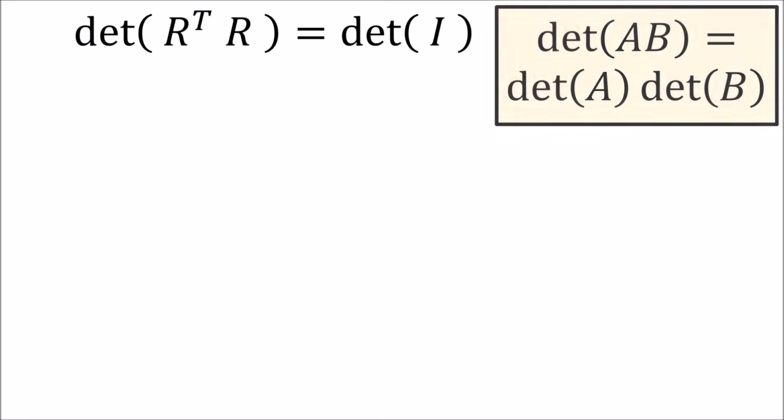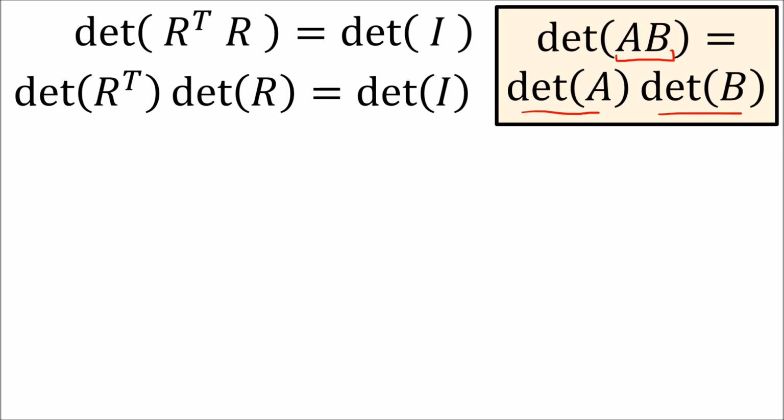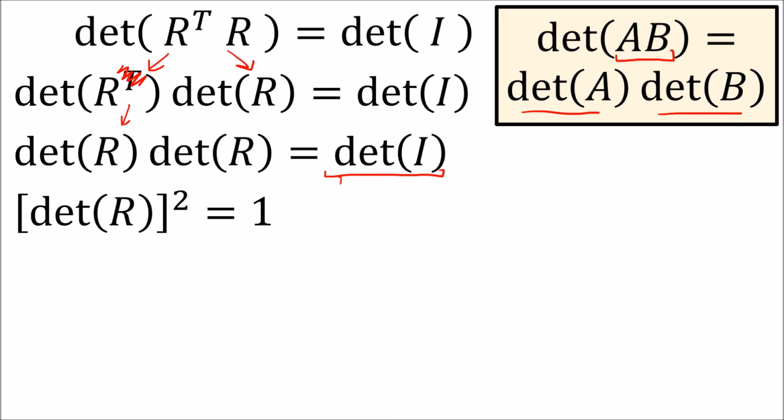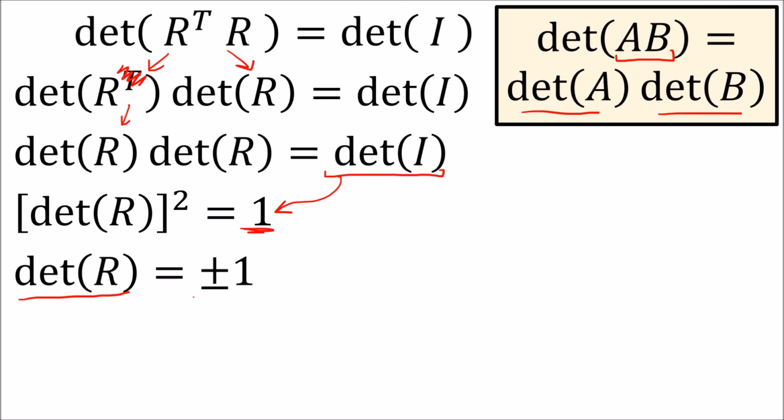If we take the formula R transpose R equals the identity and take the determinant of both sides, we know from linear algebra that the determinant of a product equals the product of the determinants. And also, taking the transpose of a matrix doesn't affect the determinant, so we ignore the transpose. Since the determinant of the identity matrix is 1, this tells us that the determinant of R is either +1